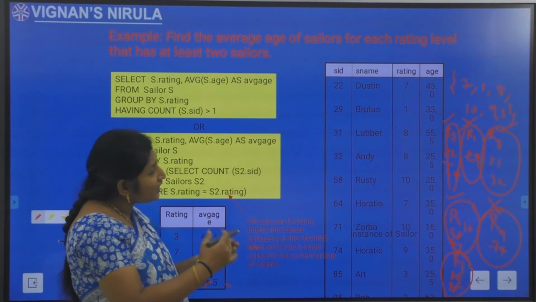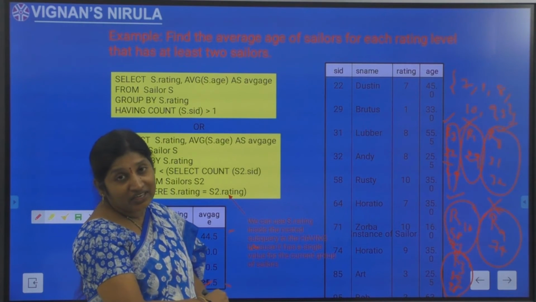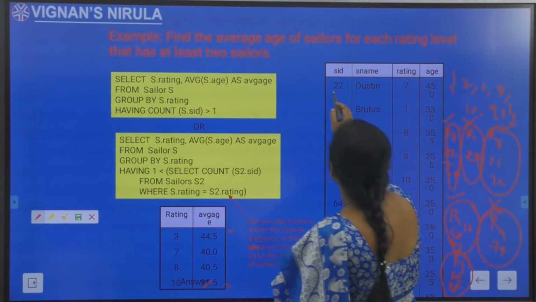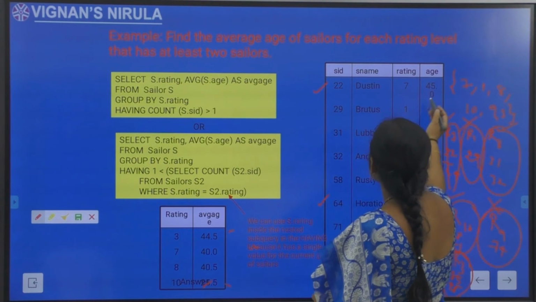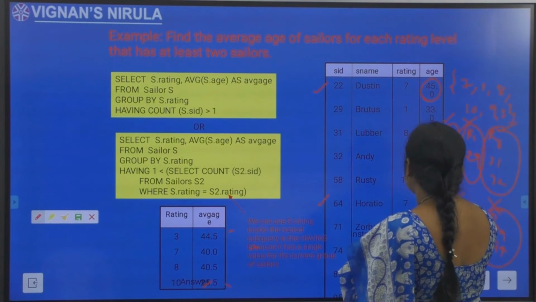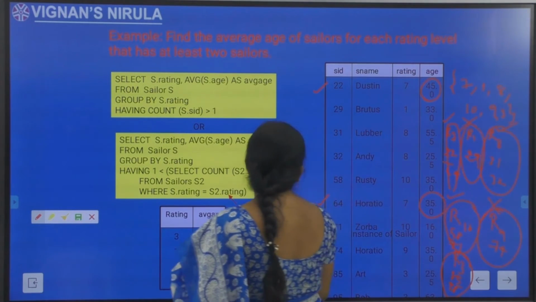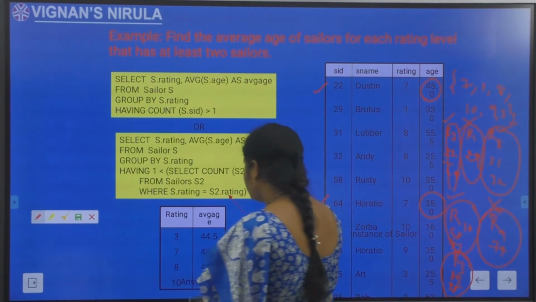Of these 4 groups, I need to find the average age. While coming to R7, what are the sailors? 22 and 64. What are the ages? 45.0 and 35.0. What is the average? 45 plus 35, that is 80, divided by 2, that is 40.